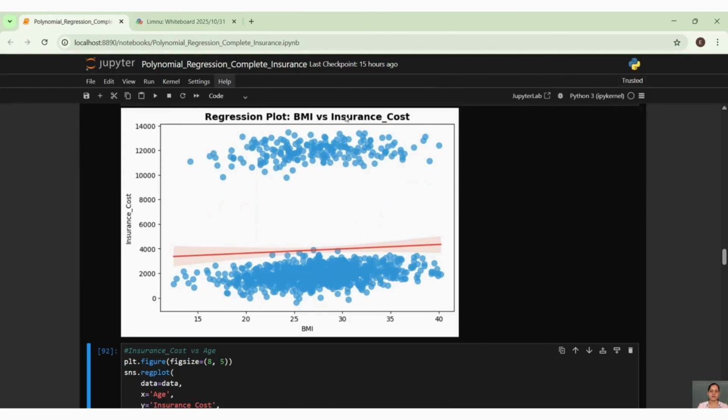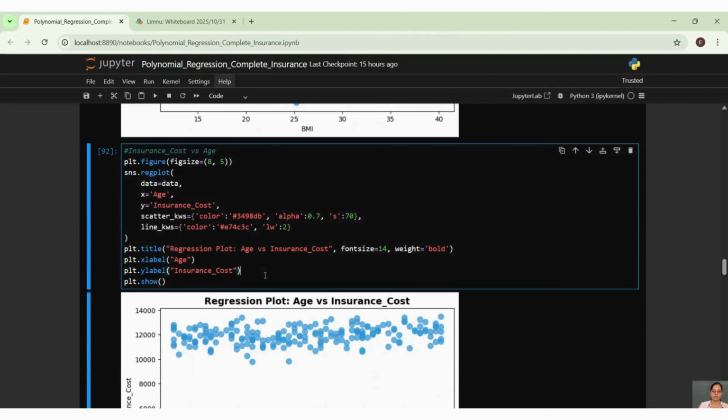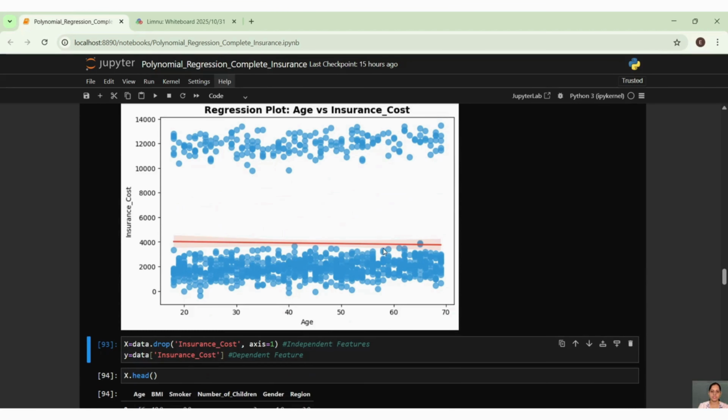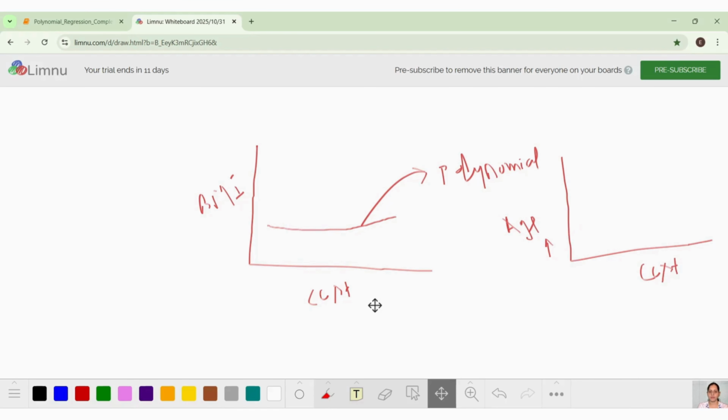Now we will see the next one, which is your insurance cost versus age. Now let's see this. Here also you can see it's a bit, it's coming downward actually. It's not straight. So in case of age and cost, it's coming like this.